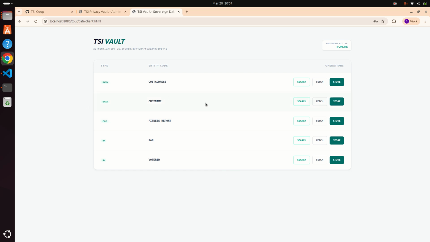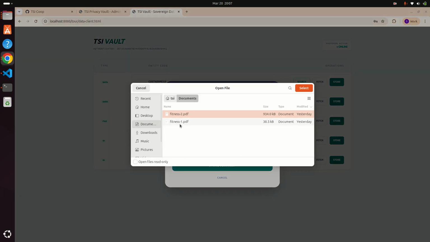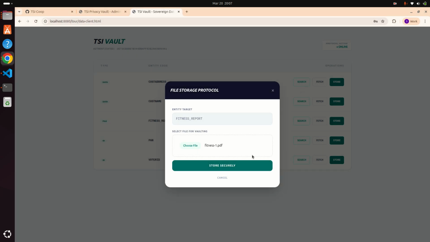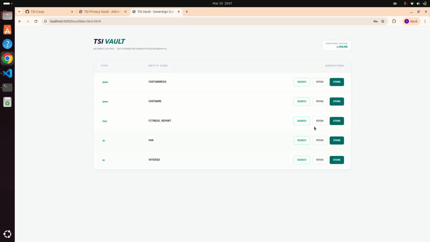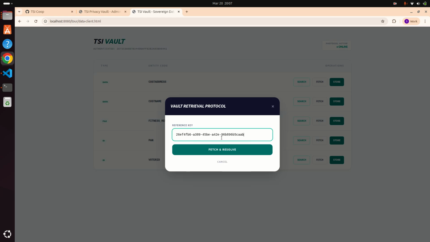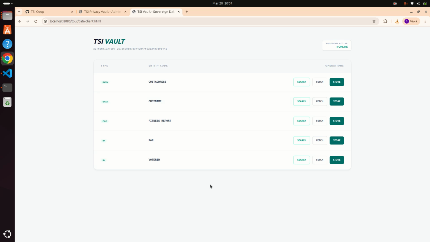data type entity. There is also a file type entity, the fitness report. So I can store. I choose fitness 1, right, and store securely. Again, as usual, you will get a receipt ID. I use the receipt ID, and I do a fetch, and it downloads the fitness 1 report. So this demo tells you how to store, retrieve and search,